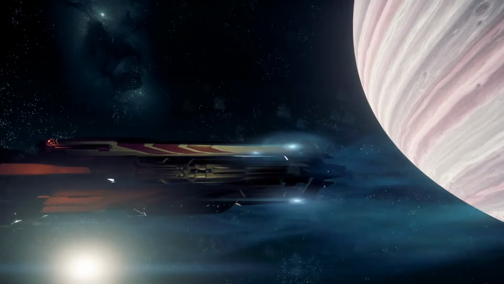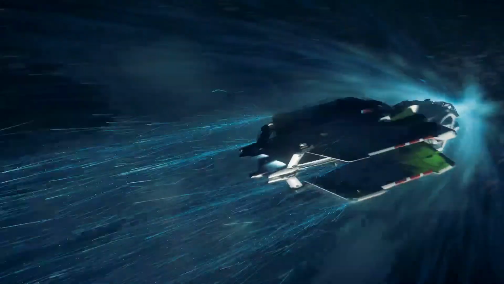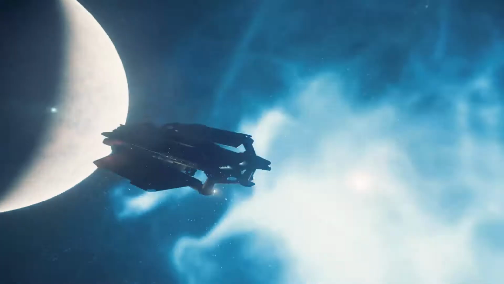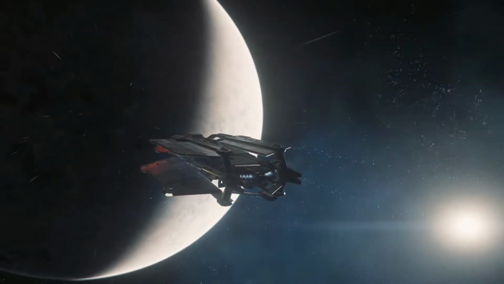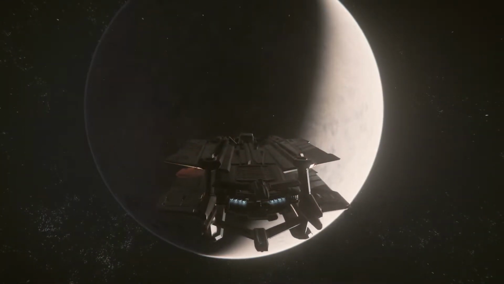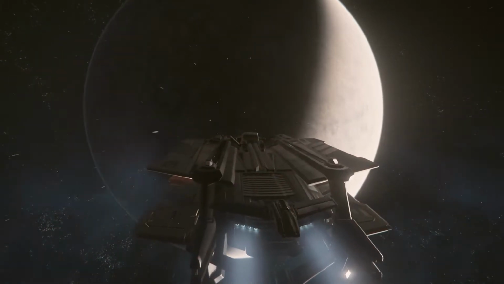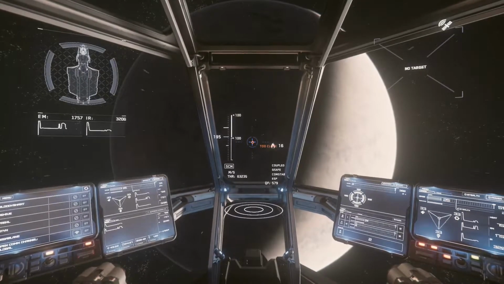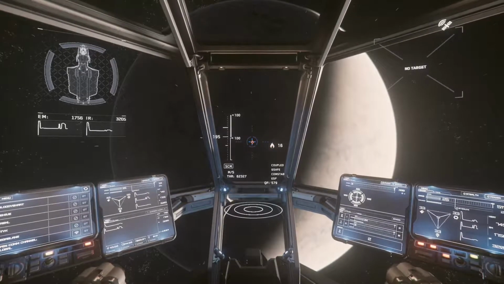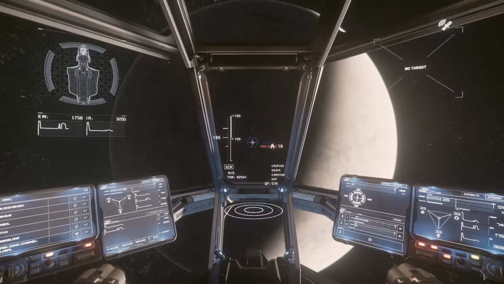Let's see how it looks from the outside. It looks big. It's a nice little ship. Okay, we're in Daymar. You can land on the planet's surface or other places. Okay, let's suppose you have a mission and you have somewhere you need to be,